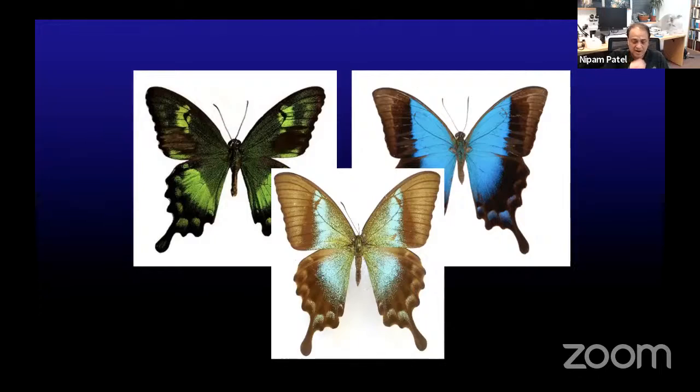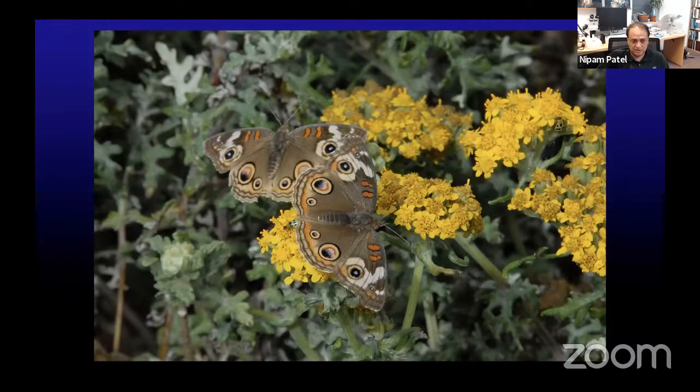The other way that I'll describe now is a genetic approach to looking at the phenomenon of structural coloration. For that, we use this very common butterfly in North America called the Buckeye Butterfly. You might say, well, this doesn't seem like a very good choice to look at structural coloration, because the colors in this are orange and brown and yellow and white. All those colors we said are usually pigment colors.